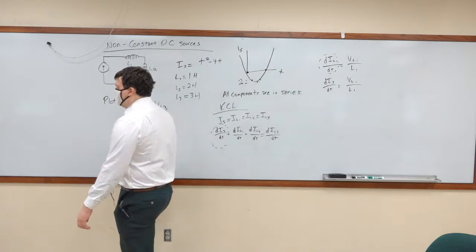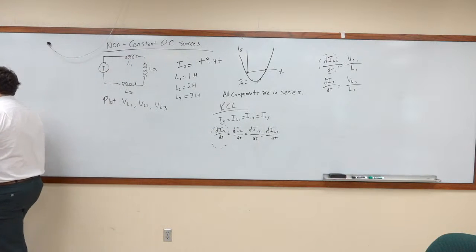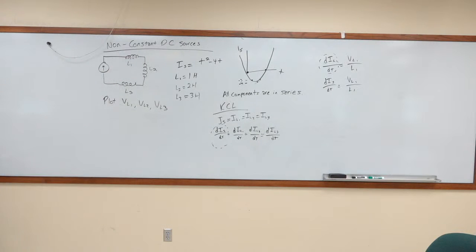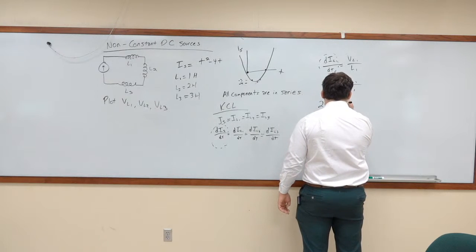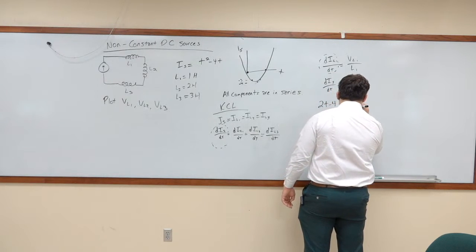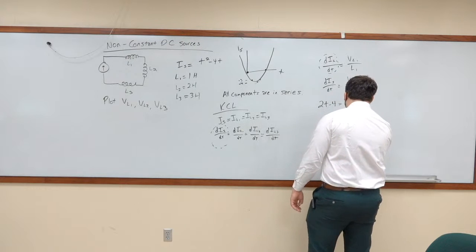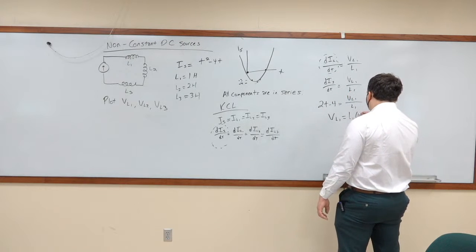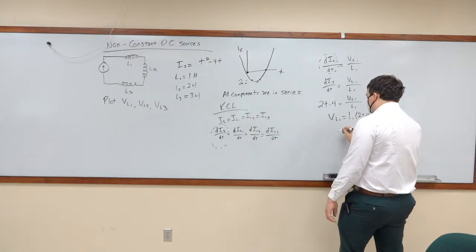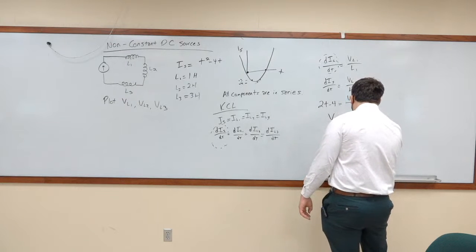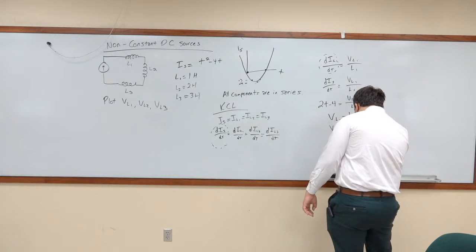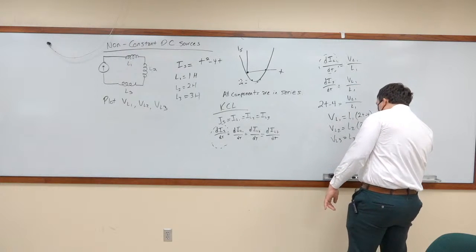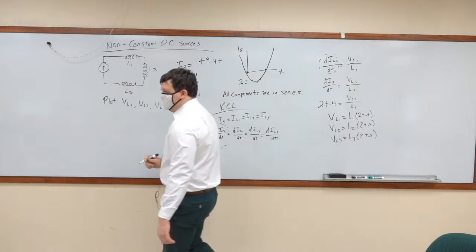What is the derivative of IS? Two t minus 4. Which means that VL1 is equal to L1 times 2t minus 4. Which means that VL2 is equal to L2 times 2t minus 4, which means that VL3 is equal to L3 times 2t minus 4. Now, what I want you to note here,